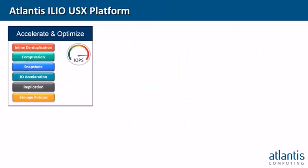By a significant amount, like 5 times. So if you've got 1 terabyte of physical storage, now you can present up to 5 terabytes of